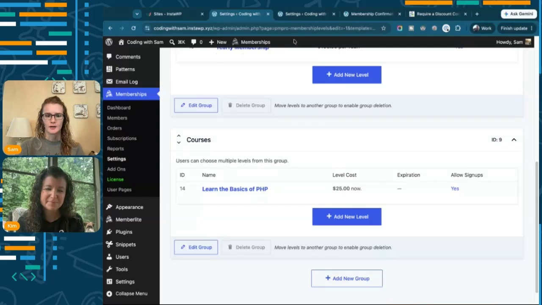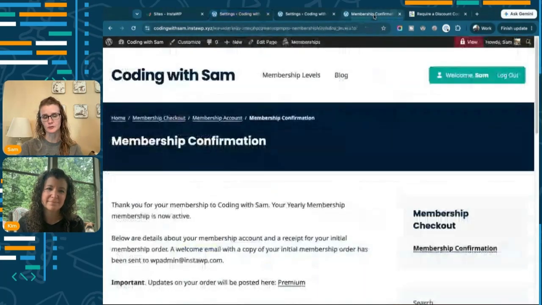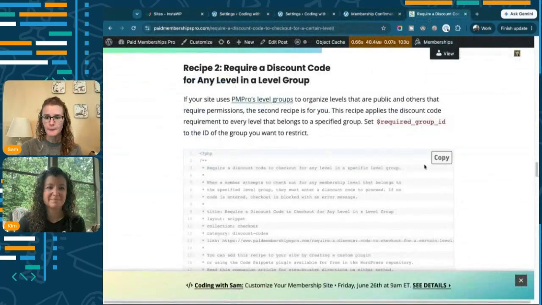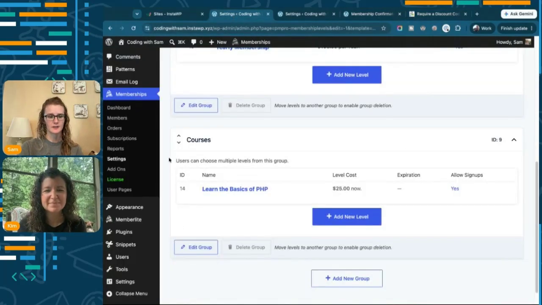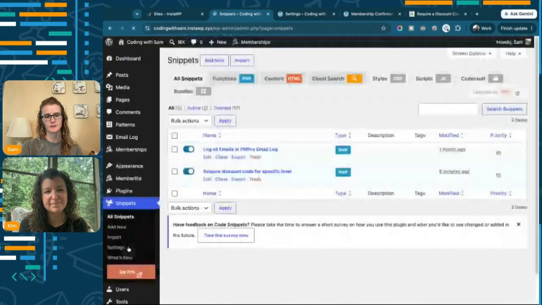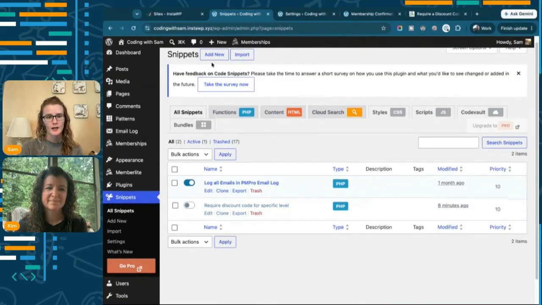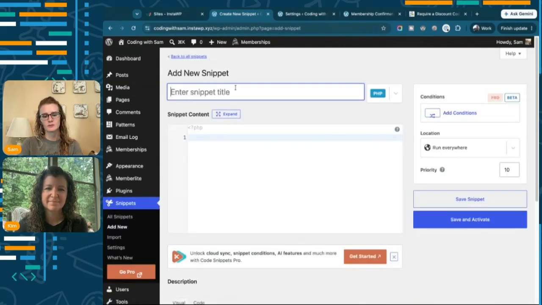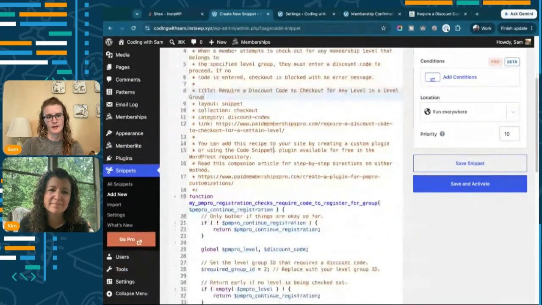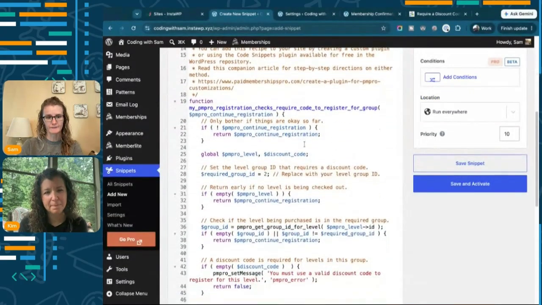Okay, so now I have a new level group, and the level group ID is 9. I'm not really sure why it's 9 when it's the second group, but okay. So I will go ahead and copy this code recipe, and then I'm going to go back to my code snippets. I'm going to turn the one that we just did off, and I will add a new code, require discount code for courses level group. And then in here, we're going to try to find where I have to change that group